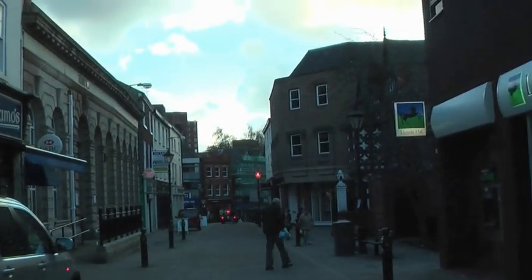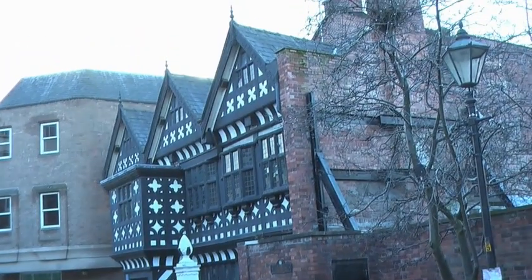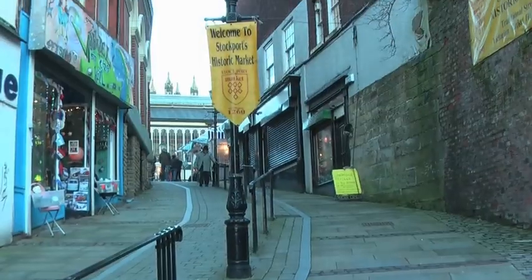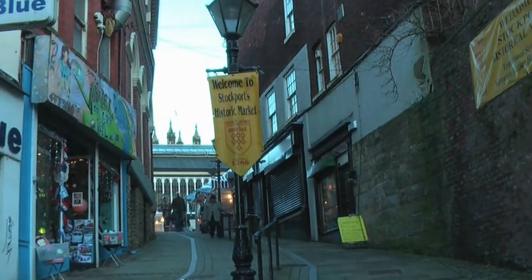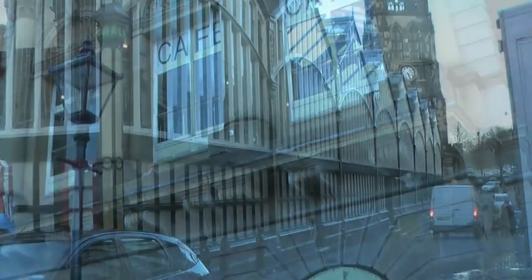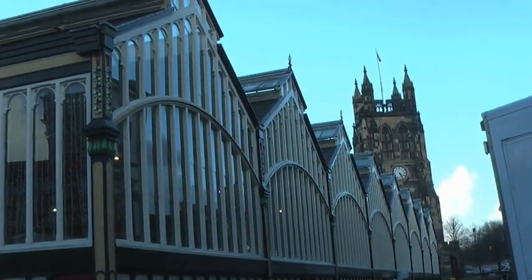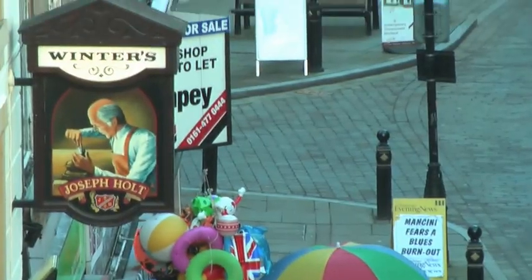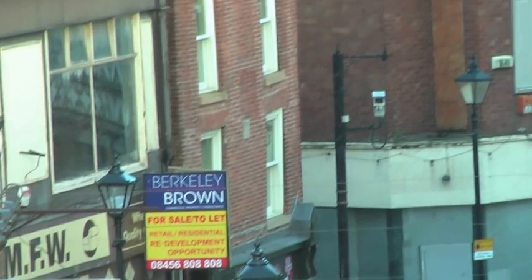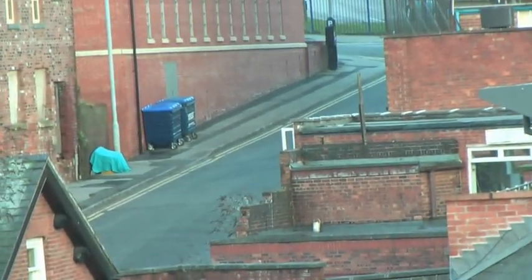But there's an old part of the town. This is Underbank, with some quite ancient buildings. This is the NatWest building, which is quite historic. As you can see, aircraft flying overhead, and some of the brows, or bruises as they're called locally, have some interesting buildings in them. The old market hall that's had a charter since the 1200s, and St Peter's Church there. Winters, which was a jeweller's but is now a wine bar, and you're looking at the underbanks here,